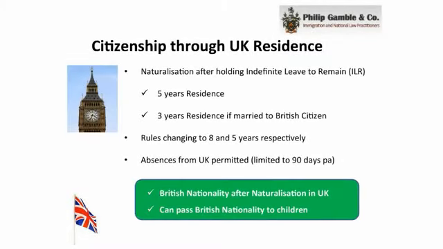Now, some of you may be already in the UK and working your way through to UK citizenship based on residence in the UK. Perhaps you're here as a work permit holder or holding a visa issued because you have UK-born grandparents. Generally speaking, a status called indefinite leave to remain, the UK's version of permanent residence, can be acquired after 5 years residence in the UK. Those that hold UK permanent residence, having been here for that period, can generally also acquire nationality through residence, and we call this process naturalization.